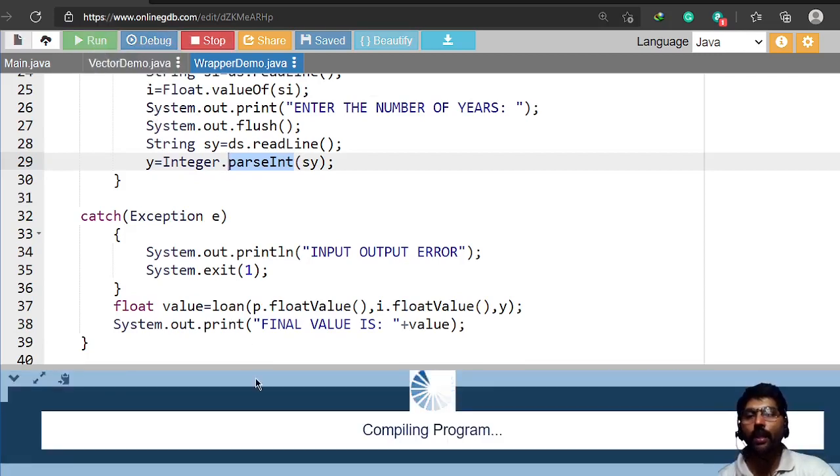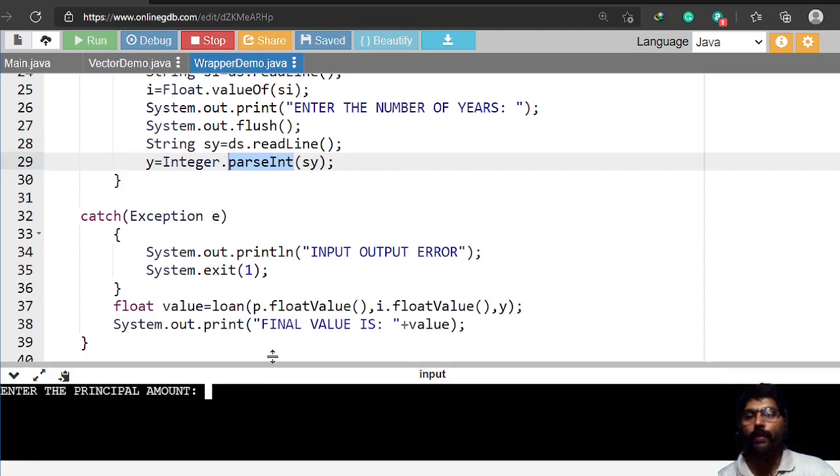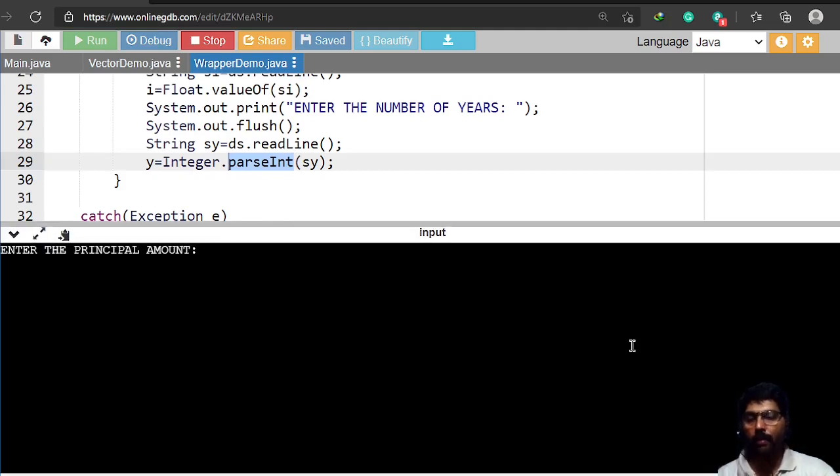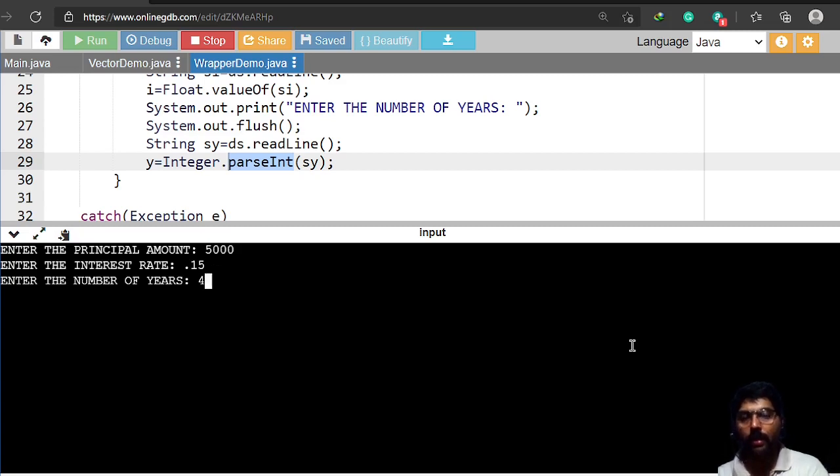Okay, I just run the program. Now I will provide some number like 5000. Okay, 0.15 as the interest rate. Then I have given 4 years as the input. Now here I have added some characters with the numbers.